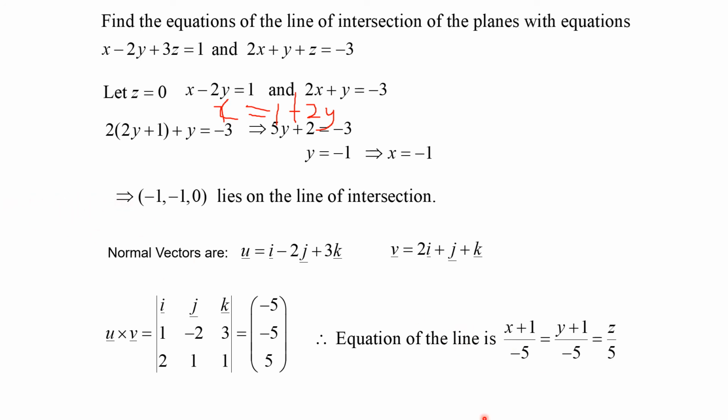So it will simply be x minus the point: x minus negative 1 is x plus 1, y minus negative 1 is y plus 1, and z minus 0 is z. So you can identify the equation of a line in symmetric form. Bear in mind, you can also simplify the denominators. You can divide the whole denominator by 5 and reduce your equation to (x plus 1) over negative 1, (y plus 1) over negative 1, and z over